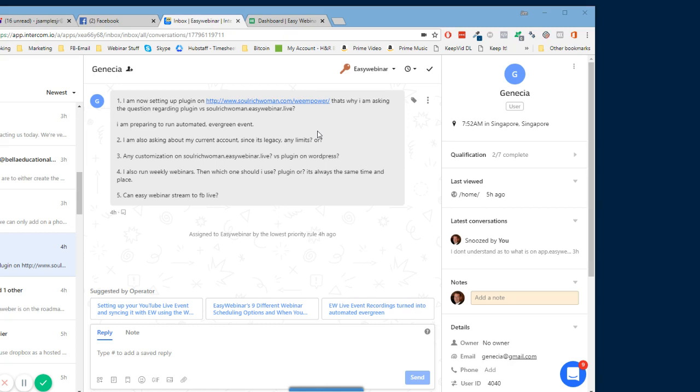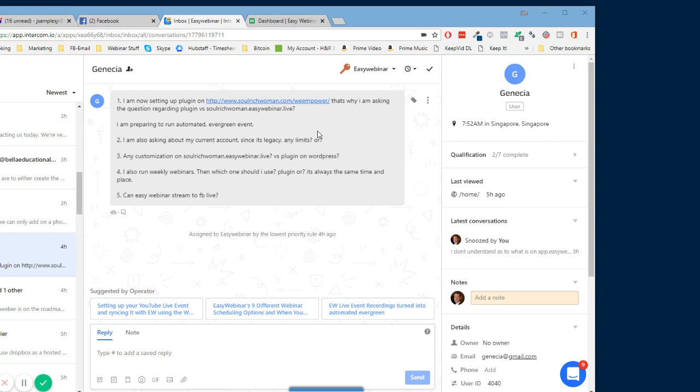If you're strictly using it for automated events, you'll probably be okay. However, you are still not going to have all the features. Features like the just-in-time feature, being able to run your events every 15 minutes, having the new registration widget to put on an external page. You'll have to use the original widget, which doesn't have the customizing abilities that the new hosted widget has. There's also the replay